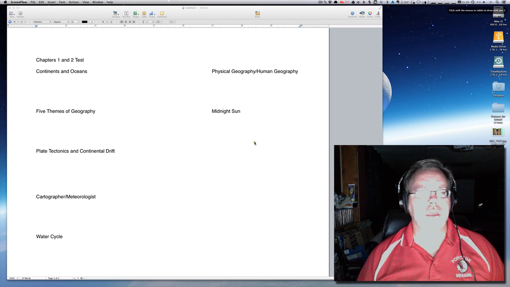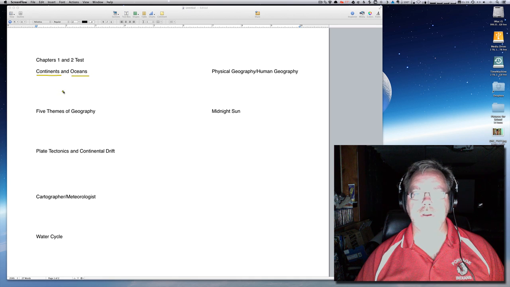First thing you're going to see on the test is continents and oceans. You need to know the location of all 7 continents, all 4 oceans. We took a quiz over this earlier. You have a worksheet that you did, a map that you did that you should be studying, but make sure you know where North America,